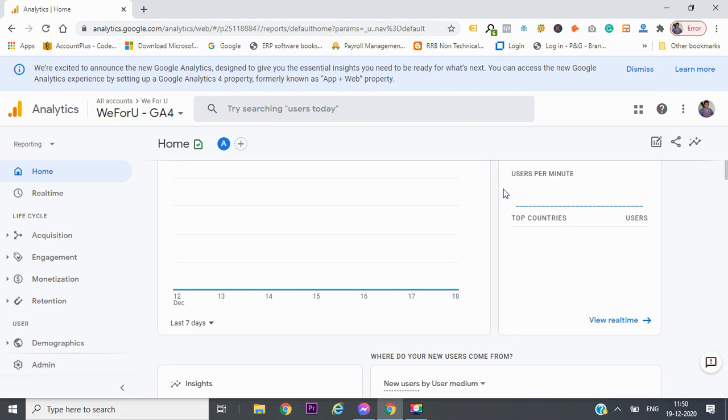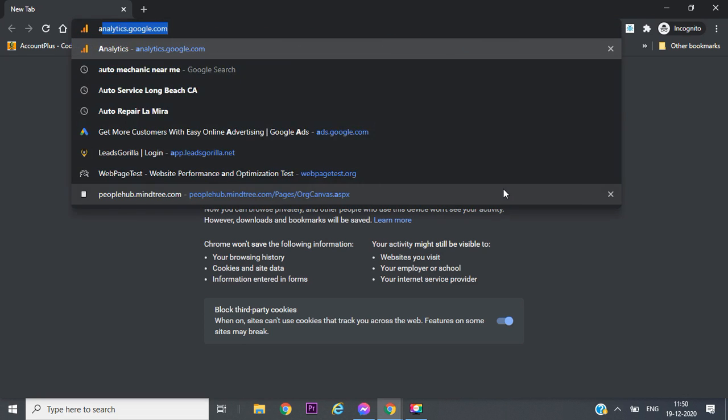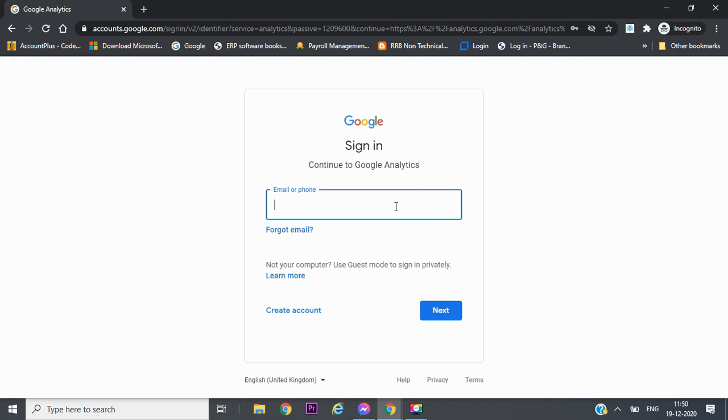Today we are going to see how to create a new GA property, that is Google Analytics property. Let me open a new incognito window. First we should go to analytics.google.com and we should sign up with our Google account. Let me just sign up with